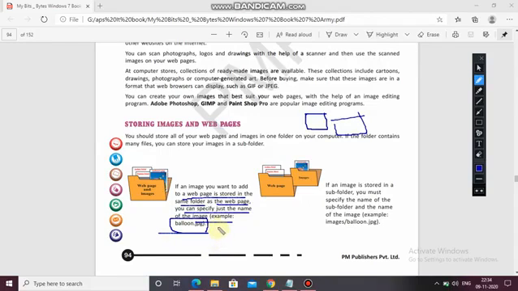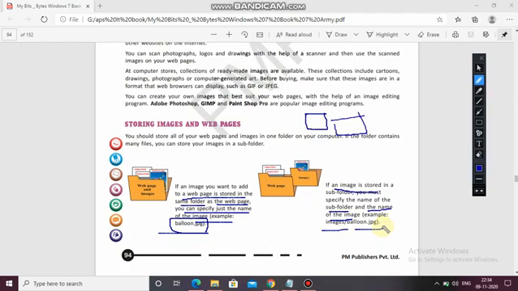The file format .jpg is the file format, so you just have to write only the name. Otherwise, if an image is stored in a subfolder, you must specify the name of the subfolder and the name of the image. So here you have to write the name of the subfolder and then the image name.